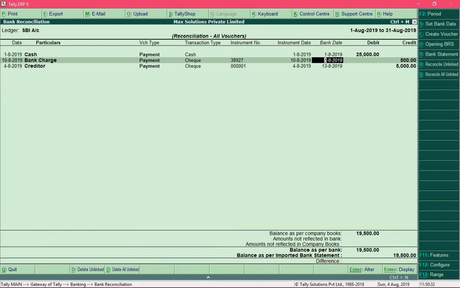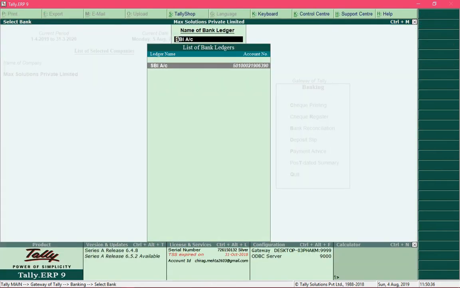And press Ctrl A to save this reconciliation.